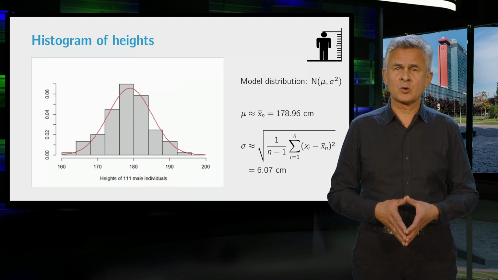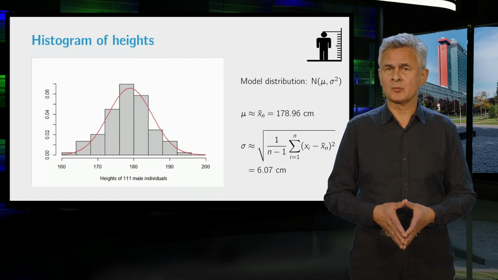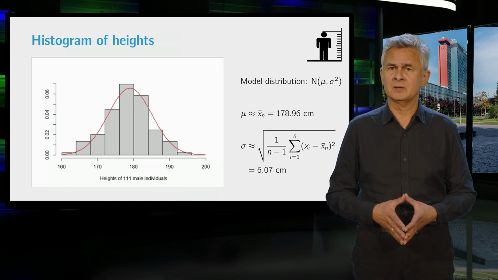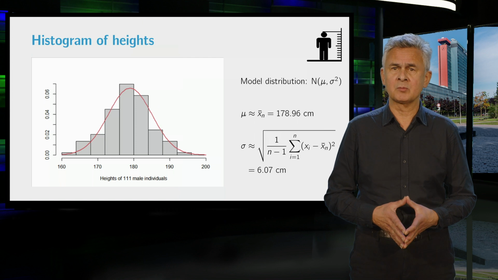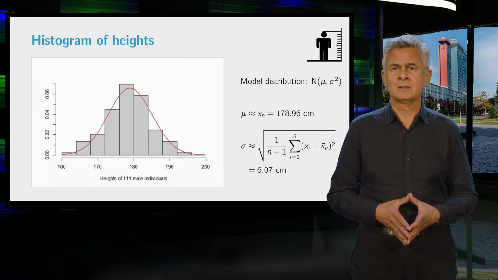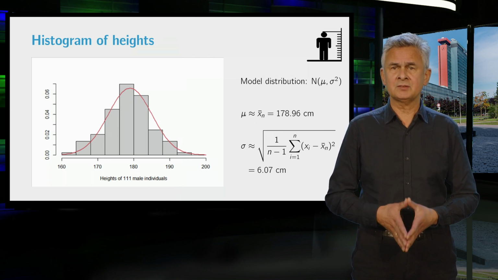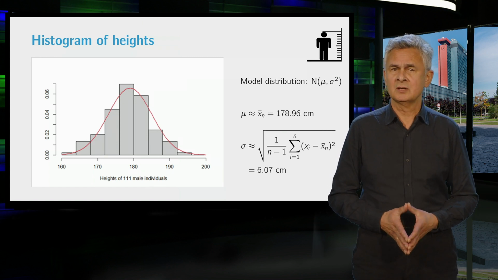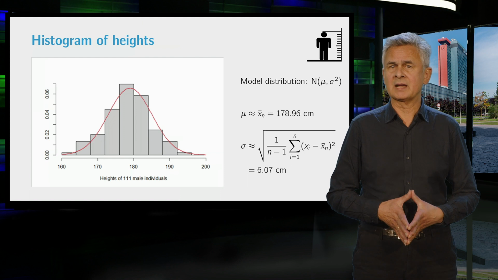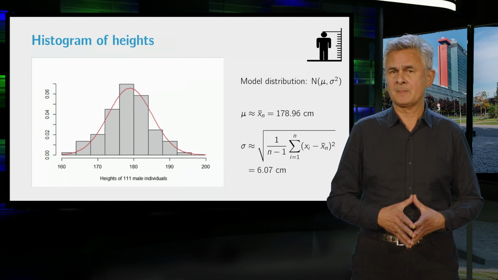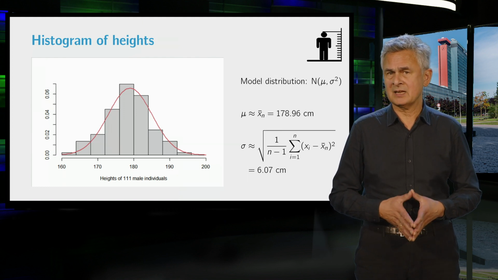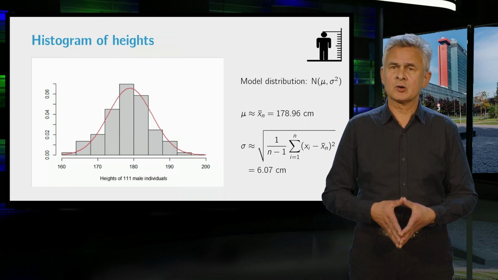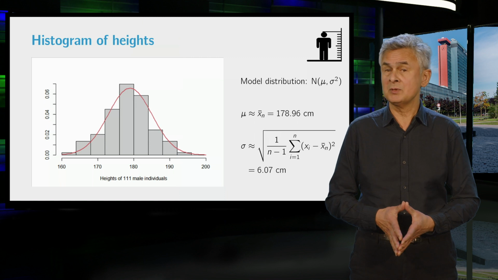Now, the fact that the normal distribution is a good model for male height is not a surprise because of the central limit theorem that you have learned in the probability theory course. It states that the probability distribution of the sum of independent random variables can be well approximated by a normal distribution. Now, since the height can be seen as the sum of many little growth spurts, a normal distribution can be expected to be a good model.